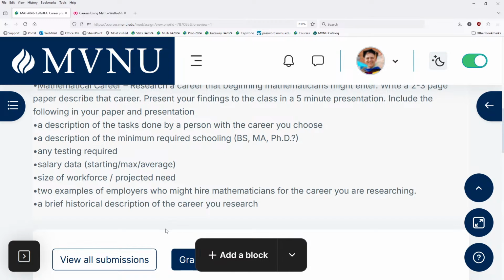And don't make your PowerPoint with lots of words. Just have the important stuff, the cool things, the interesting things. So you do want to share like the basics, description, but not lots of words. You'll just sort of describe it yourself because you've already done the research, and you might have some pictures or some words that describe the basics. Minimum time, minimum education, and so on. You'll want to include all of this stuff in your presentation, and I'm sure you'll have some really cool transitions between the slides as well.